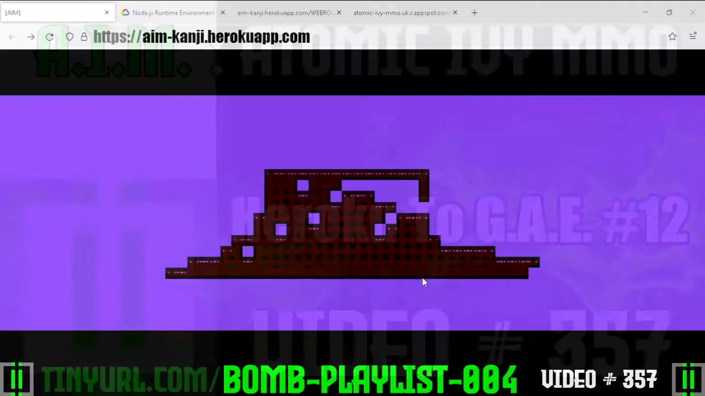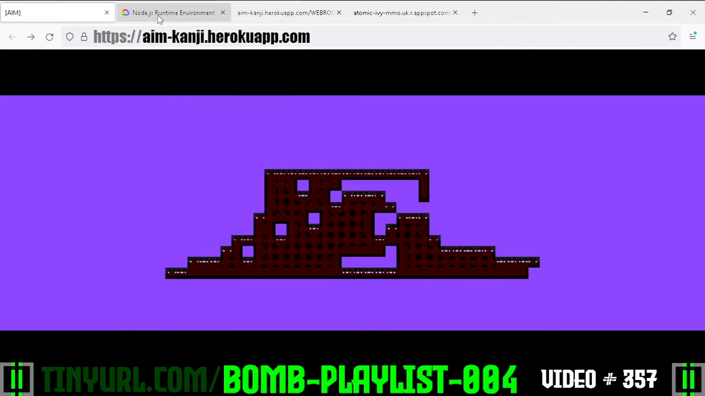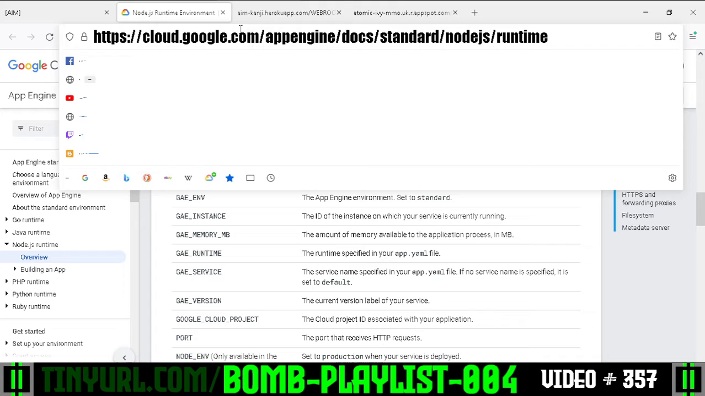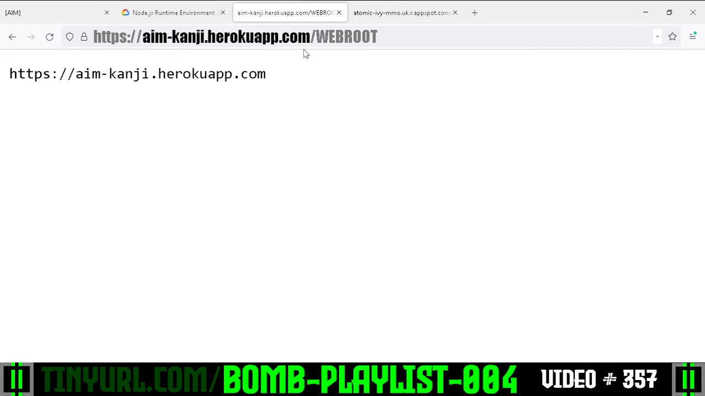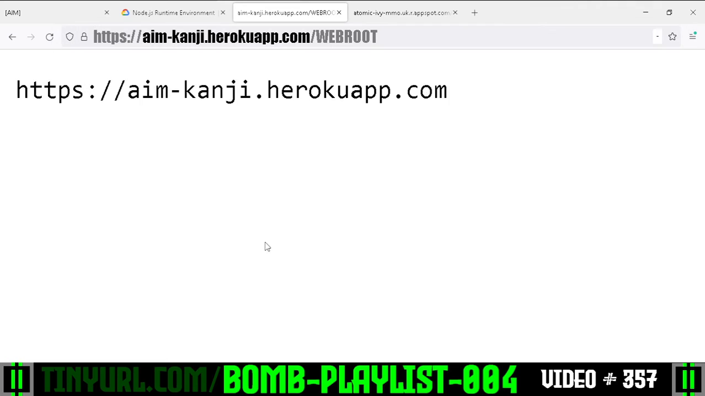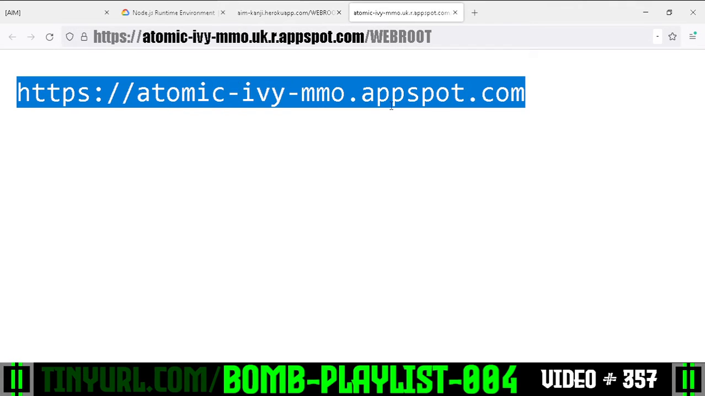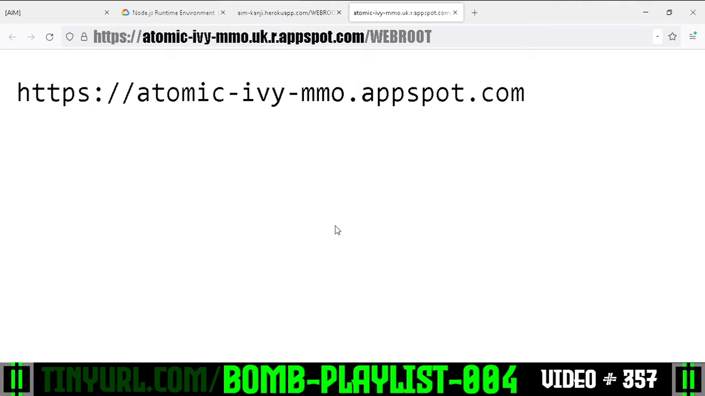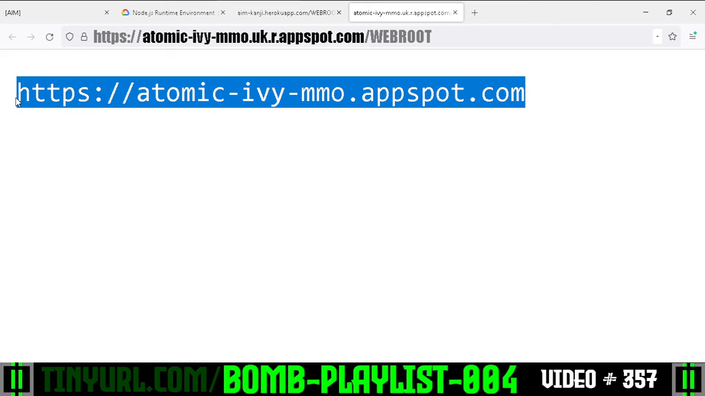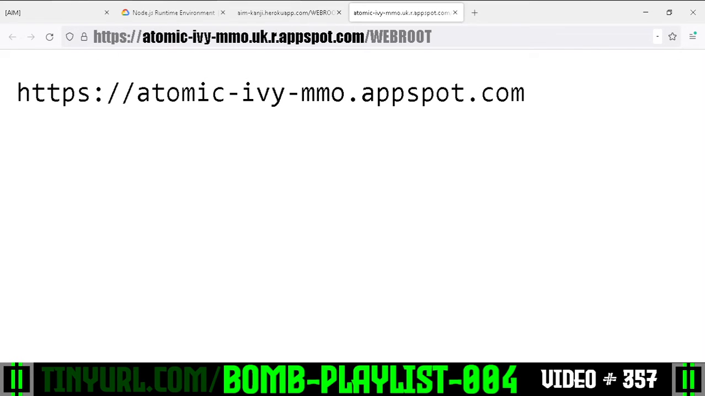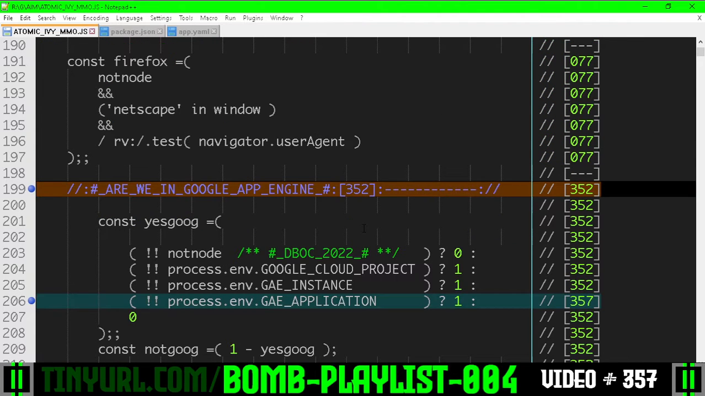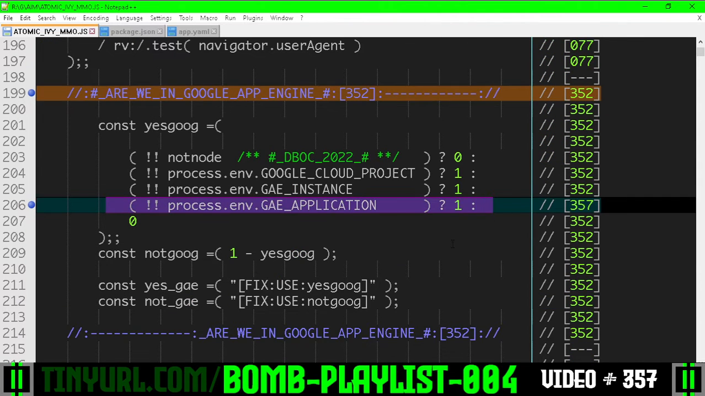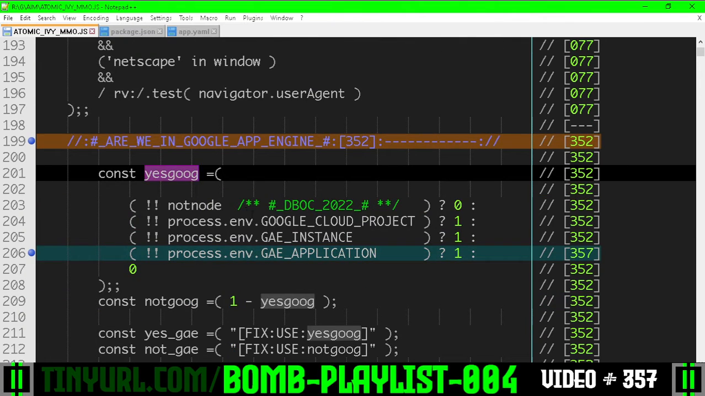All right, so let's keep on porting this to Google App Engine. We're going to need to reference these variables for Google App Engine, and we have this new path /web root. So /web root is going to give you this URL if you're on Heroku, and this URL if you are on Google App Engine. We need these base URLs, these web root URLs, so that we can phone home to our APIs. And the environment detection section, we've added this other case to determine if we're inside of a Google